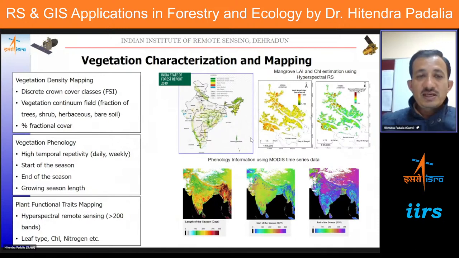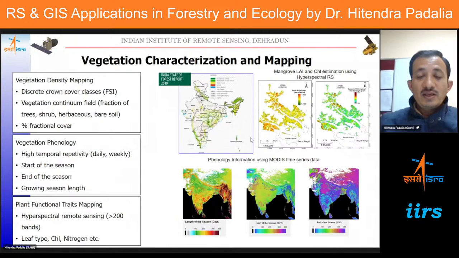The next level of information required, slightly advanced, is forest density information at regular periods of time, like the Forest Survey of India does every 2 years. Forest density monitoring helps us in assessing how much degradation there is and whether there is an improvement in forests over time. Similarly, forest phenology is another very important parameter we want to know, because phenology is a very useful indicator of change in climate.